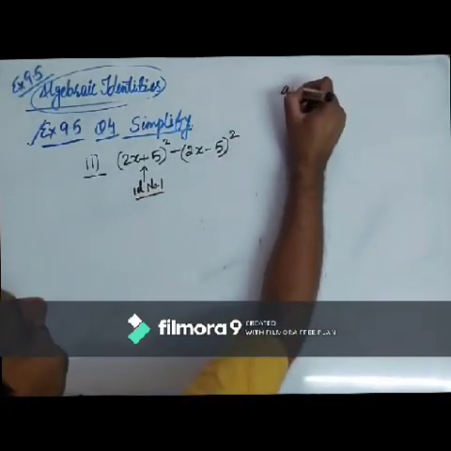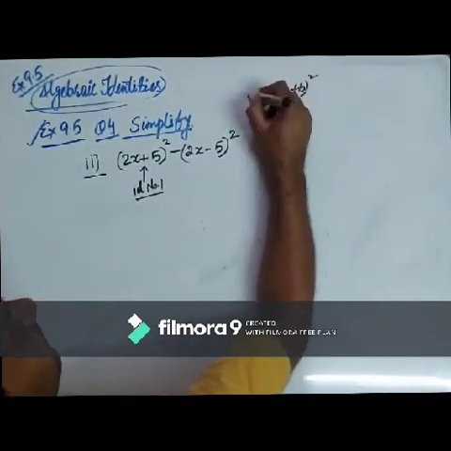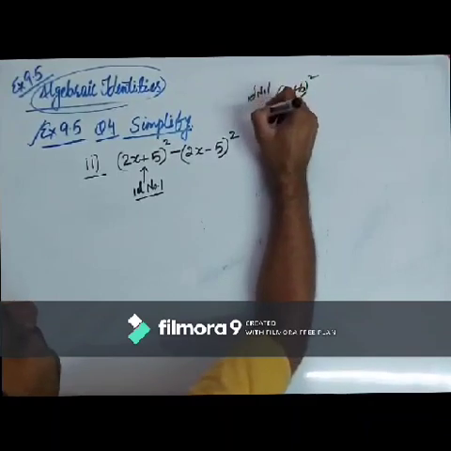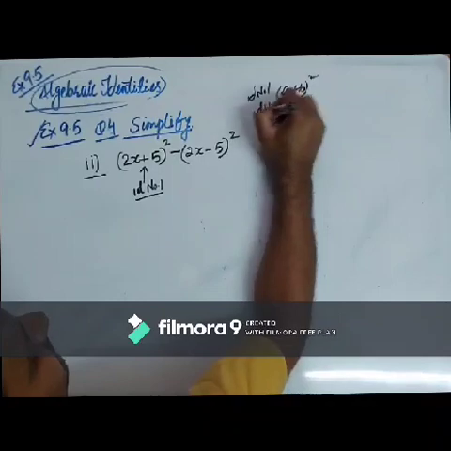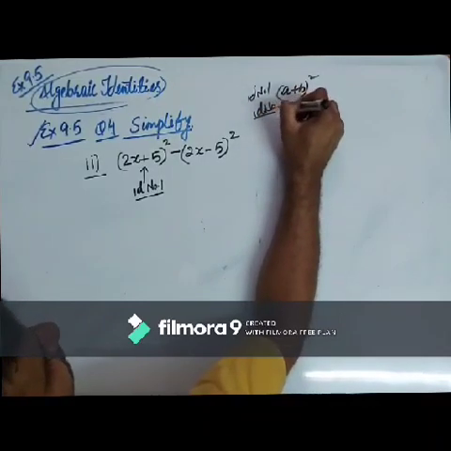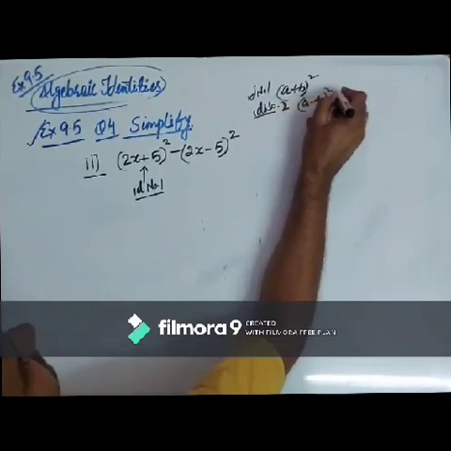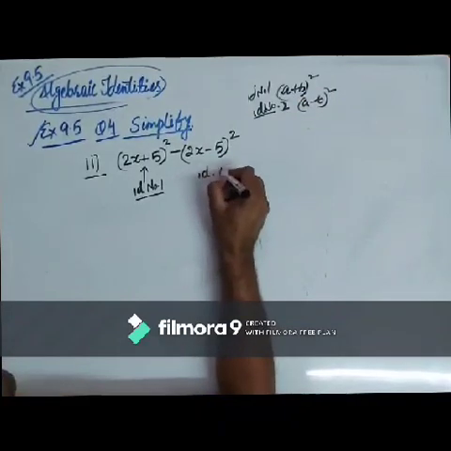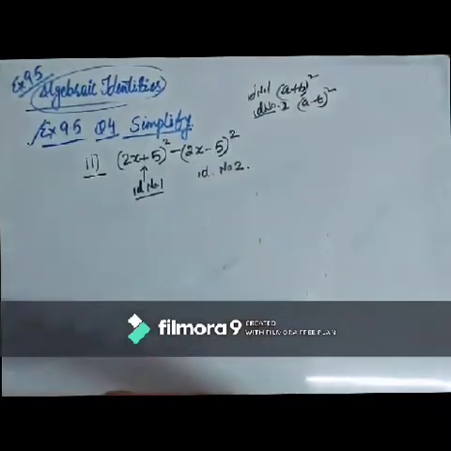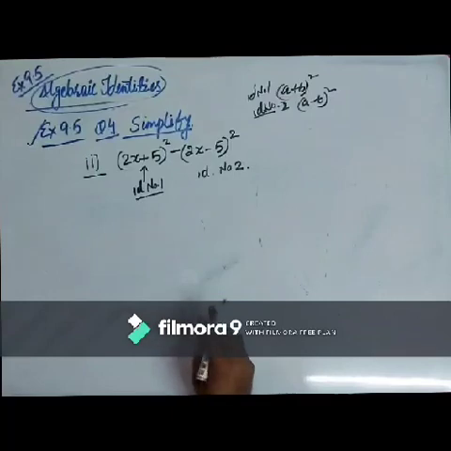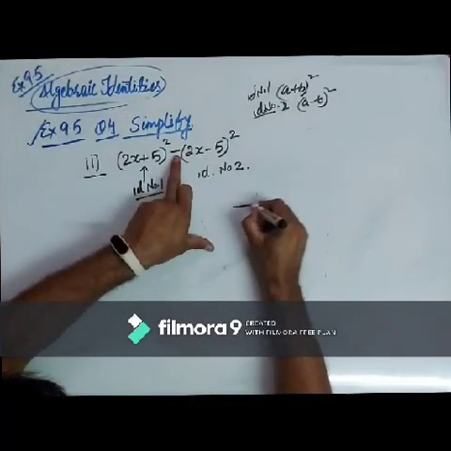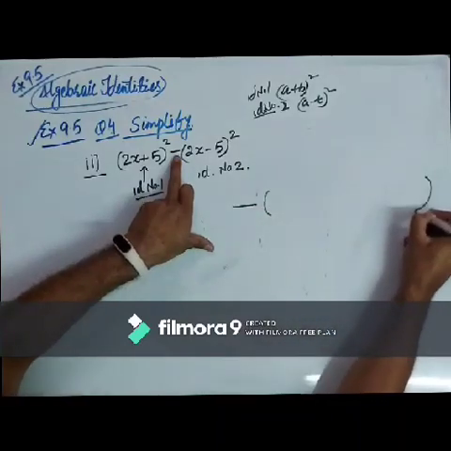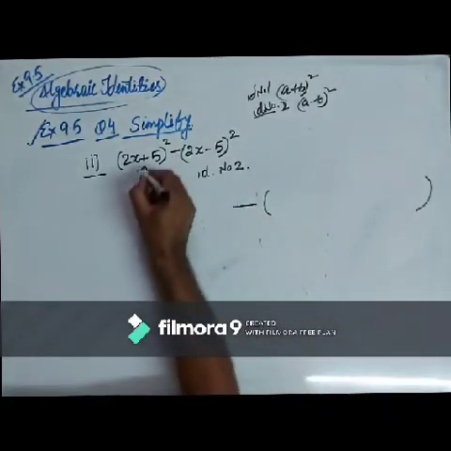If you remember, this is a plus b whole square, identity number 1, and identity number 2 is a minus b whole square. So this is identity number 2, right? So if I'm not bothering about it and I'm putting here negative sign and then starting the brackets, I will be writing the first